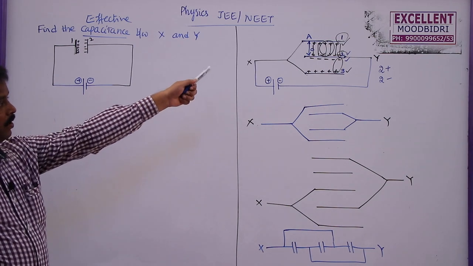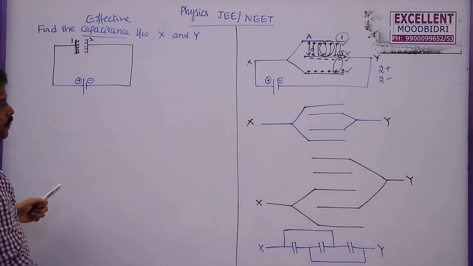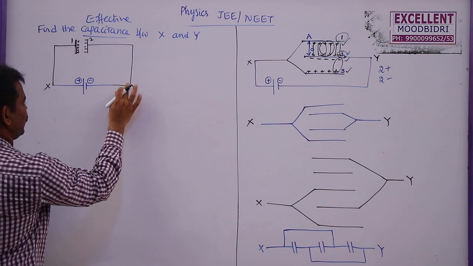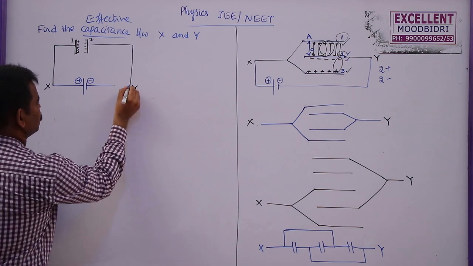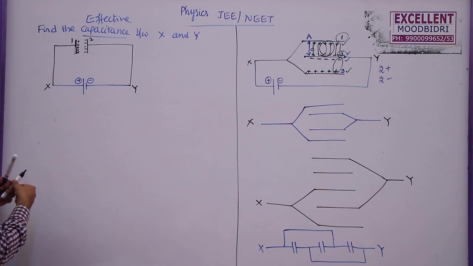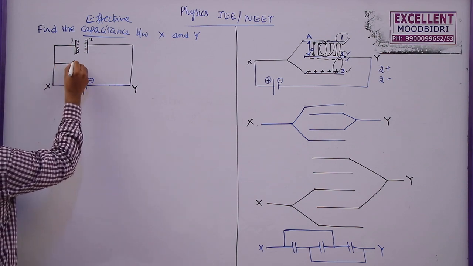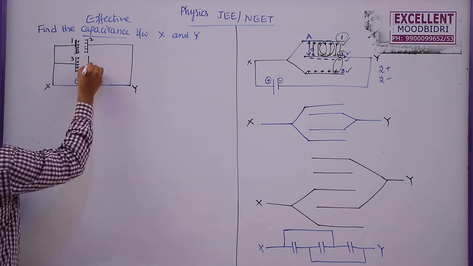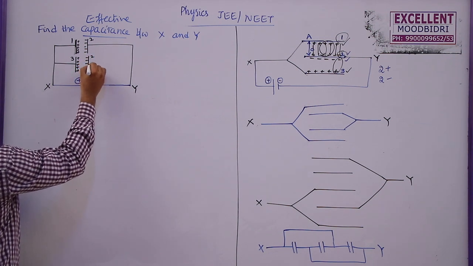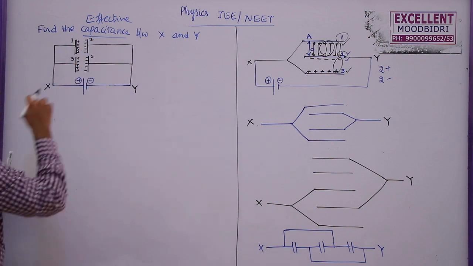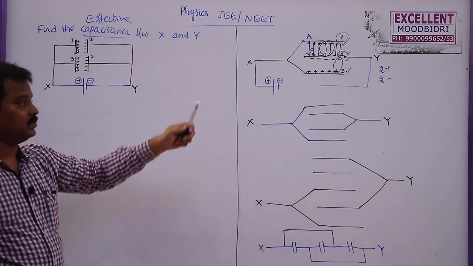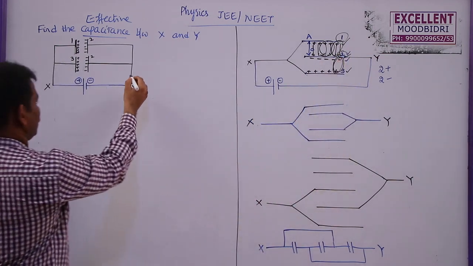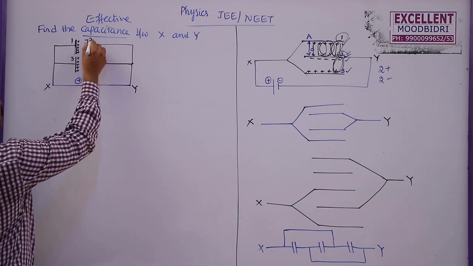So in this diagram we have two capacitors, and 3 is connected to X only. So from X, I am writing this as X, this as Y. Now once again, from X we have one more plate. This is a third plate which is positively charged here, and this is the second plate. It is connected like this. So here second plate is common for both capacitors. Second plate is common for first capacitor as well as second capacitor. So here from Y I am showing this as second plate.